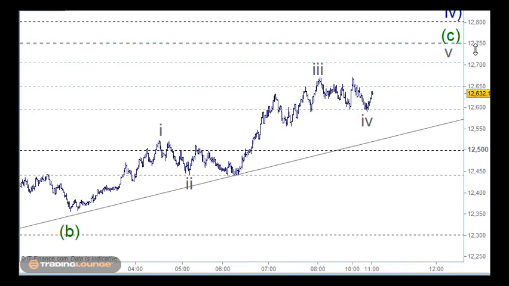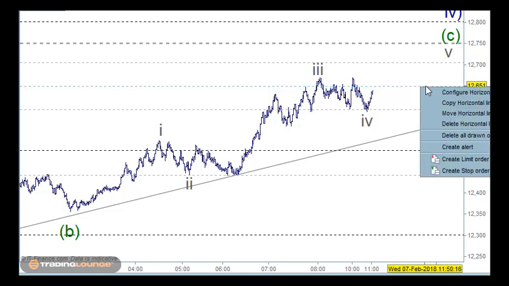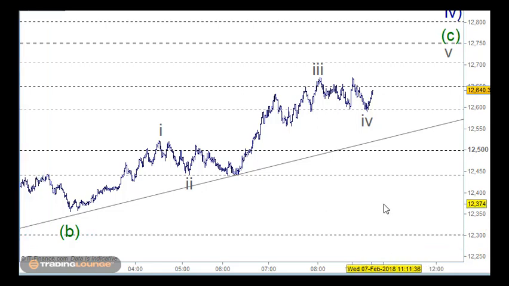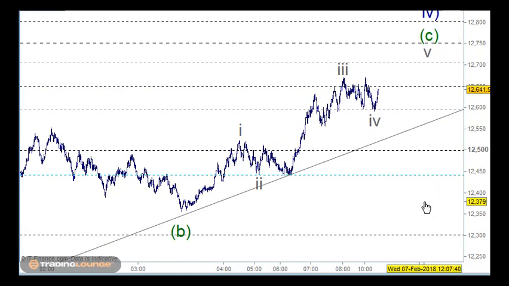So the 12,750 is important. We always know that the 65 number is really important here as well, and I might just darken that here because in terms of the trading levels, we know that in the Fibonacci numbers, and we use the Fibonacci as a price ratio, so 1, 2, 3, 5, then 8 up here, and then halfway between those, the 65 number always plays out quite strongly here, so that's good.